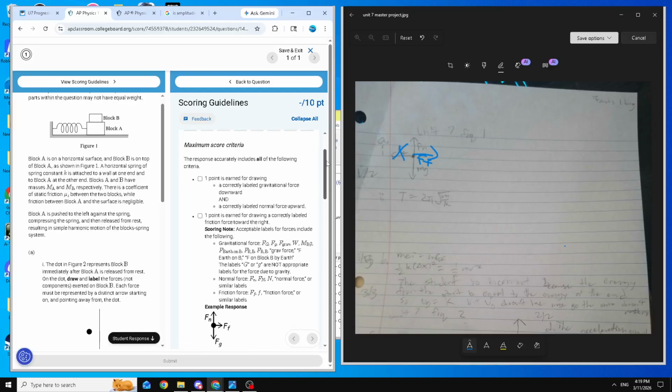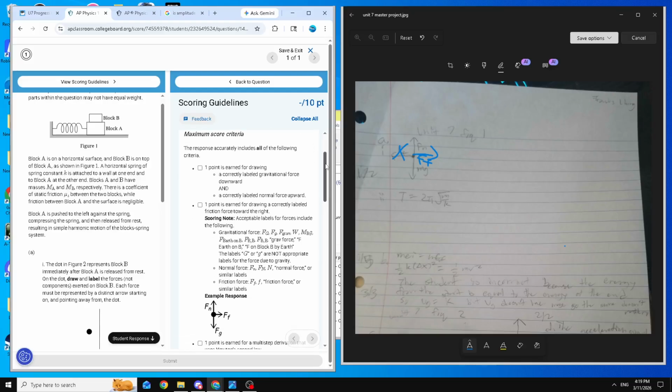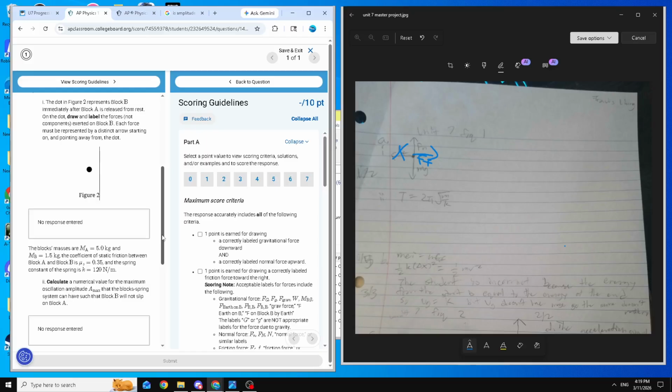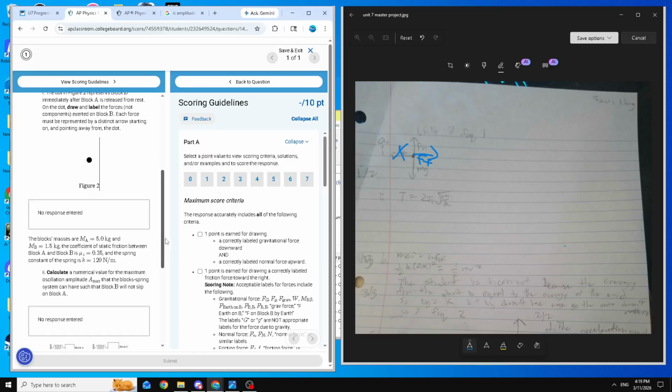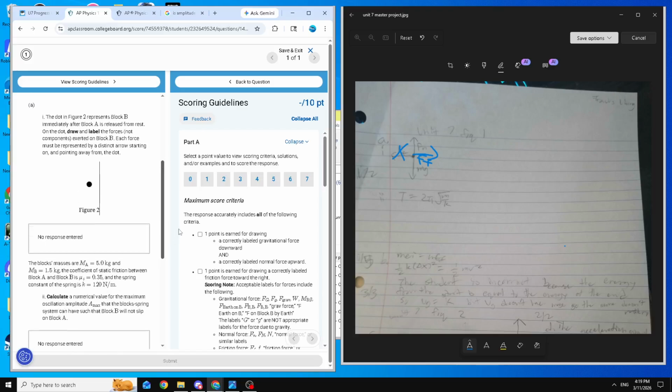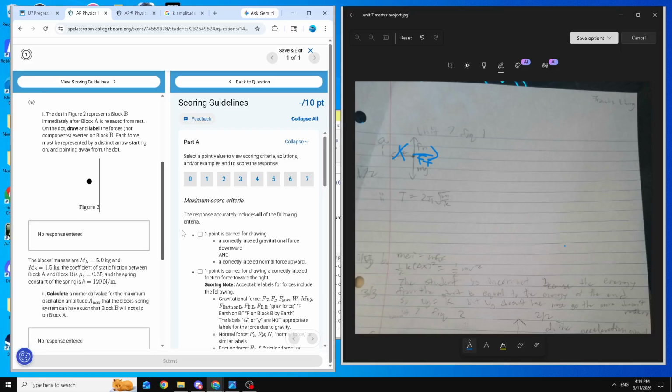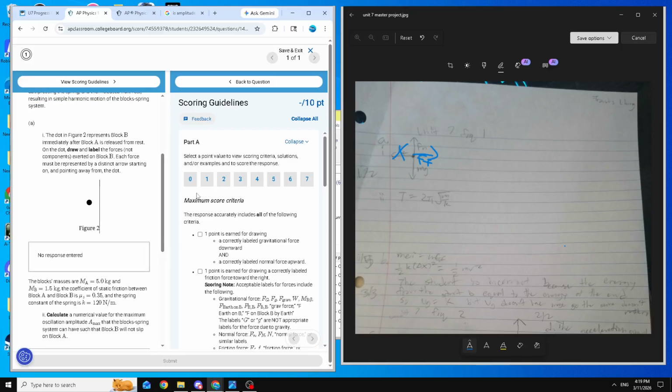For the next part, I got it wrong because I didn't know how to do it, but it is asking us to calculate a numerical value for the maximum oscillation amplitude A max that the block-spring system can have, such that block B will not slip on block A. So